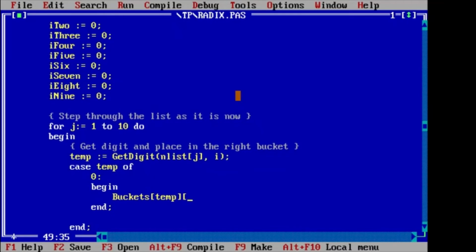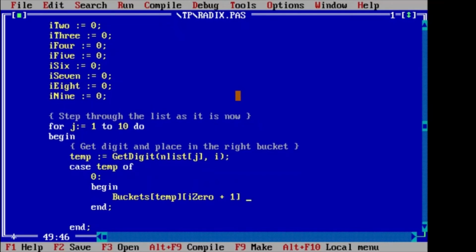Okay, so since we initialized all of those at 0, that's probably a stupid idea, but let's ignore that. Let's say I0 plus 1. So since this one started at 1, it's 1 through 10, we do this. So we have the index, we want to know what the next index is, where we want to place the value. So we want to place it in the T number list at the value of the next empty element. If we are filling up the bucket, we want to know what the next empty slot is. So we do this,